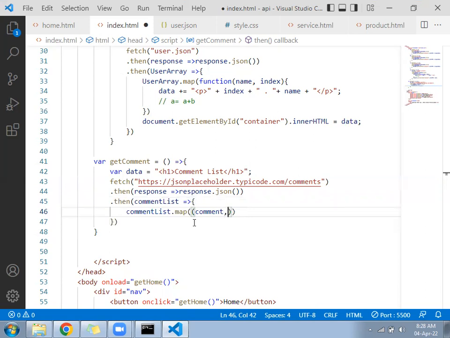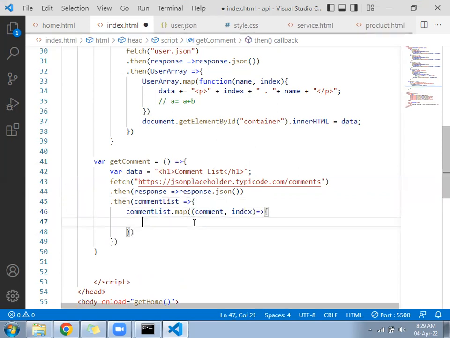Now comment will hold the name, email, and body. Three inputs will come in that. Comment will hold the name. So we can write here, under the data variable only you can do concatenation. This data variable you have, you can do the concatenation here. This way, data plus equal to,